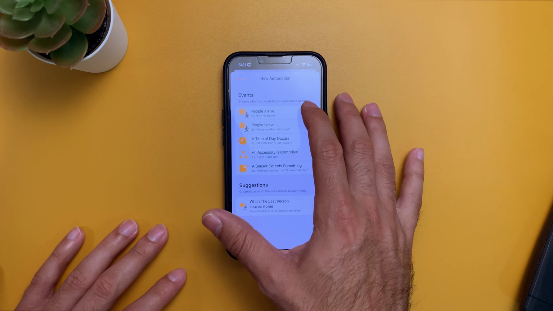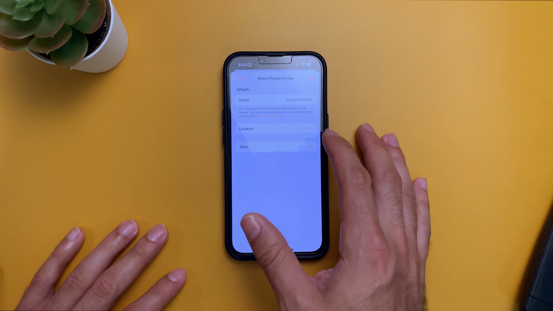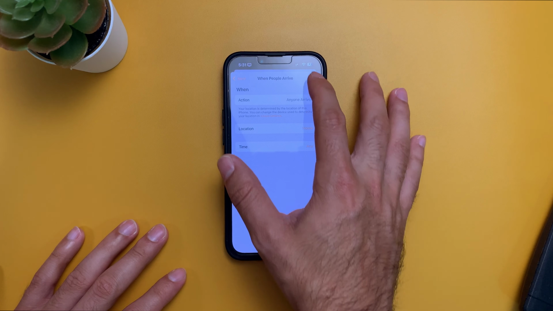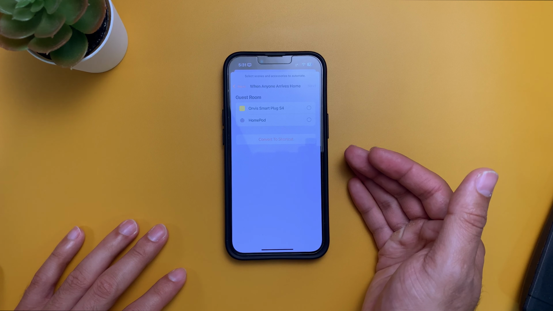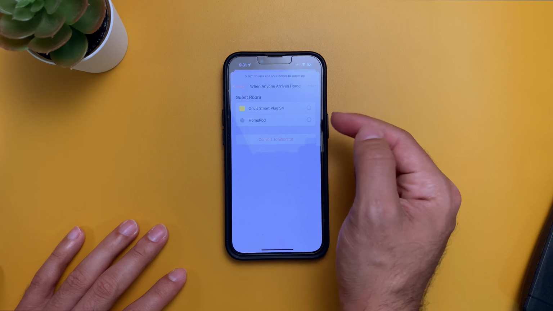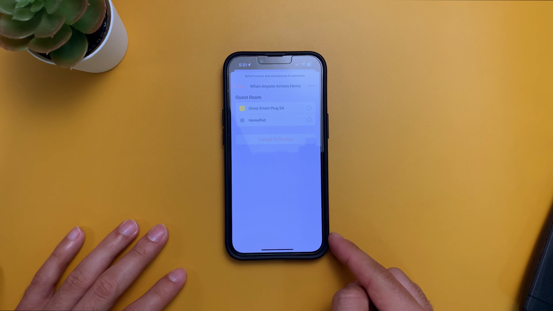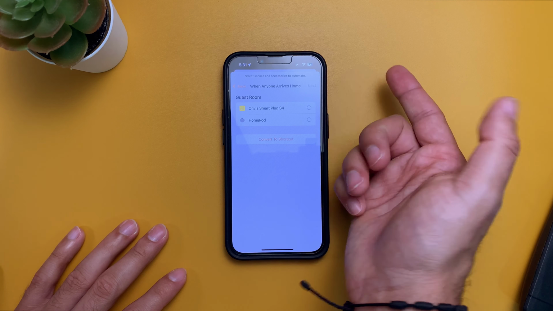So for example, when you arrive to your house, you could do it like that. You select it, and you can select the device that you want to either turn on or turn off when you arrive. If you have multiple devices, they would all show up here. Right now I only have the smart plug. So for example, when I arrive,